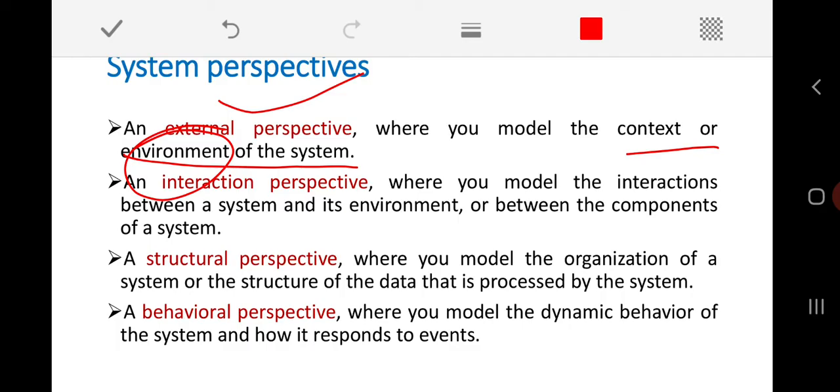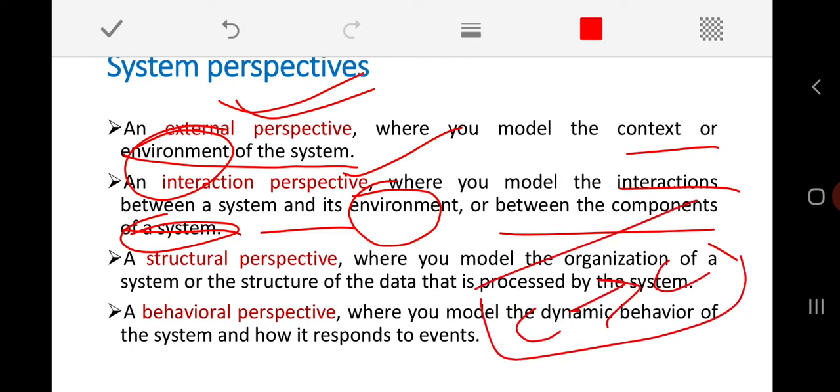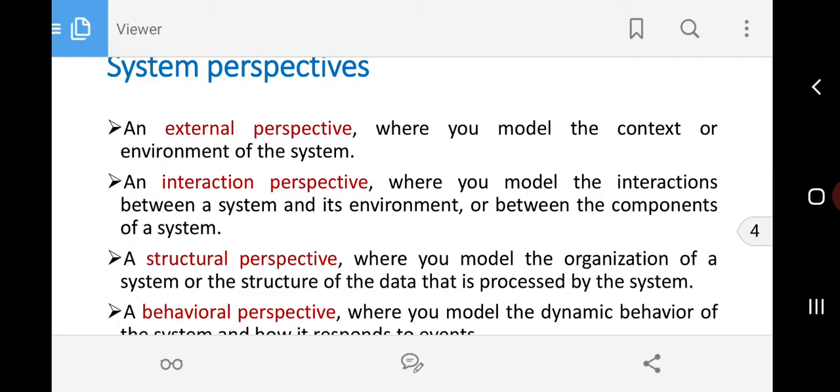Similarly, with respect to the interaction perspective, we can model the interactions between one system and another system in the environment, or between the components of the same system. How one component is going to interact with another component in the same system, that is called the interaction perspective.